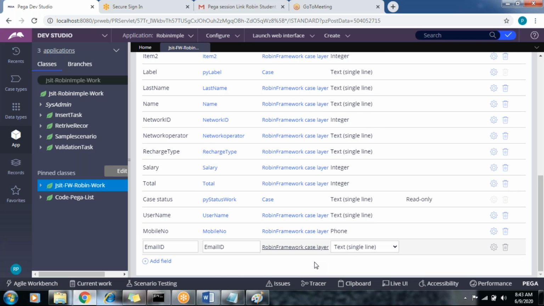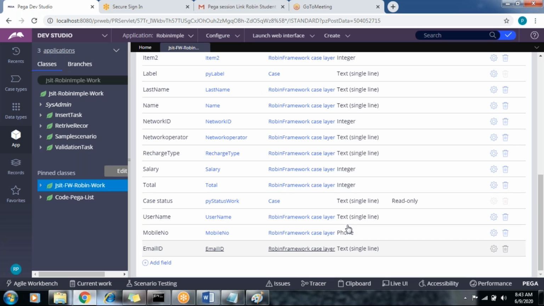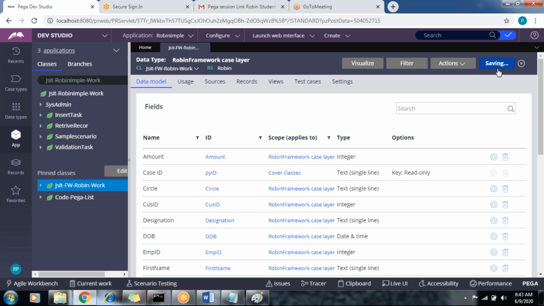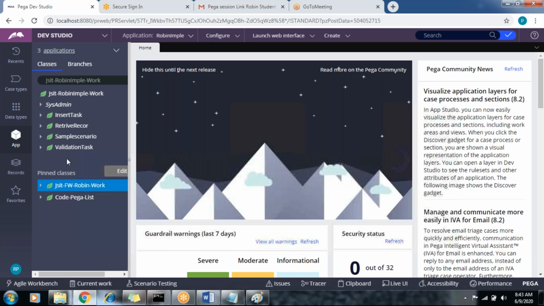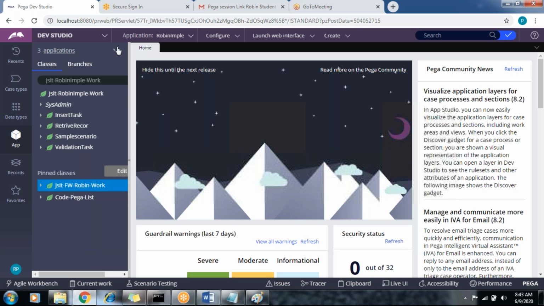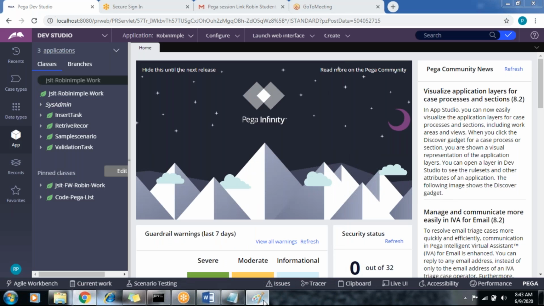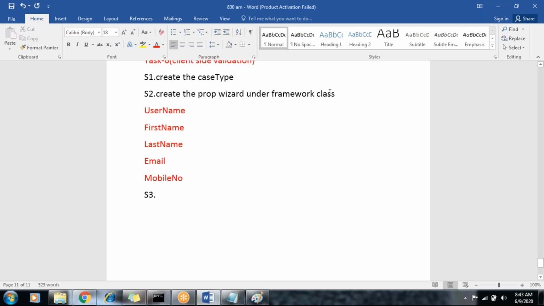Just on, will change it later. So these are all the record properties: first username, email, phone number. That's fine. So we added the properties. We added the properties type, and we added the properties into the folder.